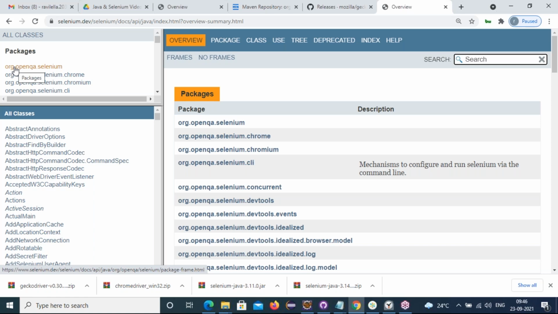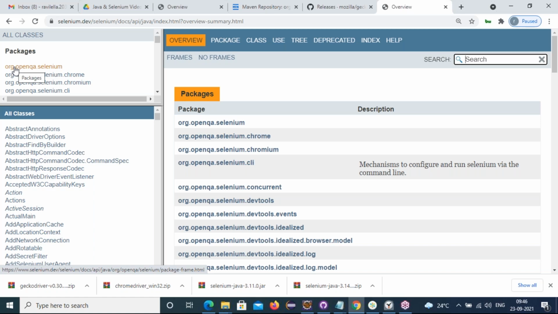Chrome browser. In the Selenium community, they have defined one class called the ChromeDriver class. If you want to launch Firefox, the Selenium community has defined one library called the FirefoxDriver class. If you want to launch Microsoft Edge, yes, there is one library class in the Selenium API docs. By using these browser driver classes only, we are supposed to launch the respective browsers.